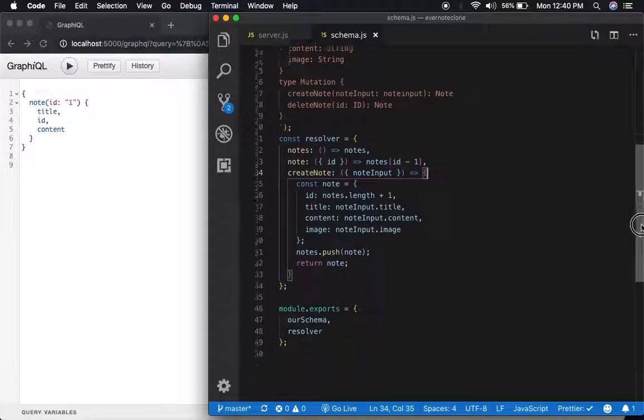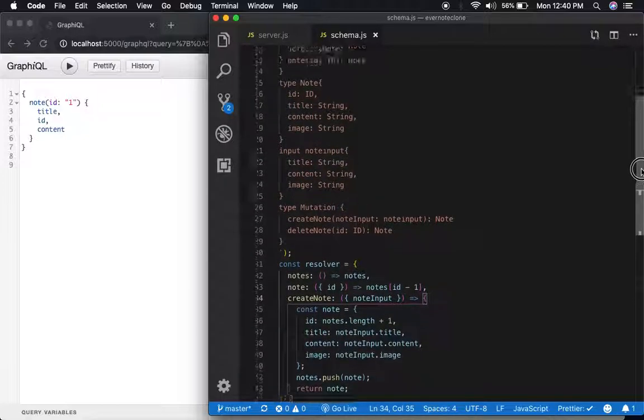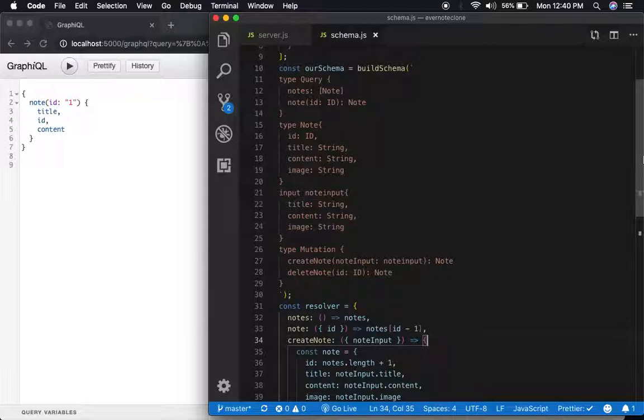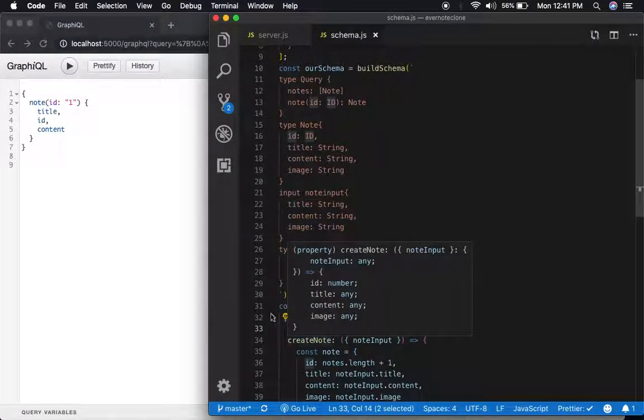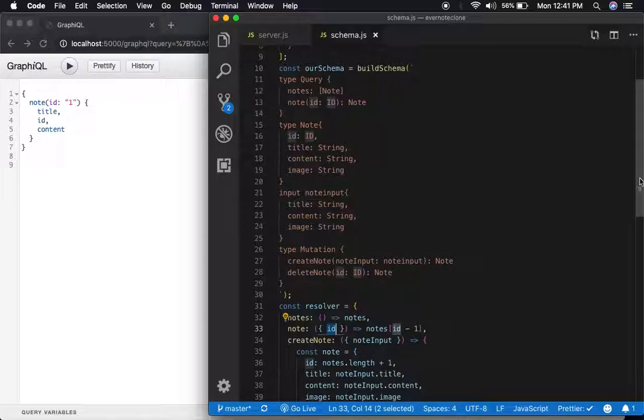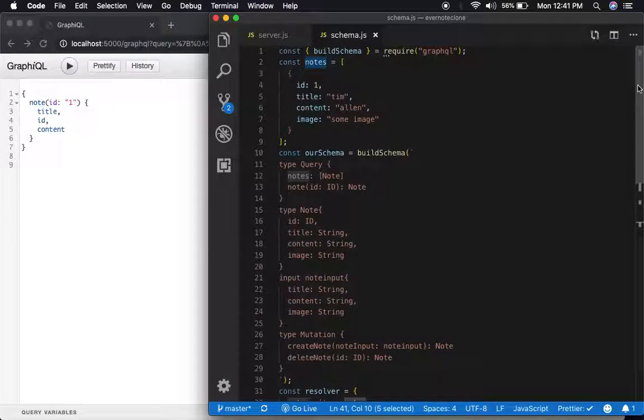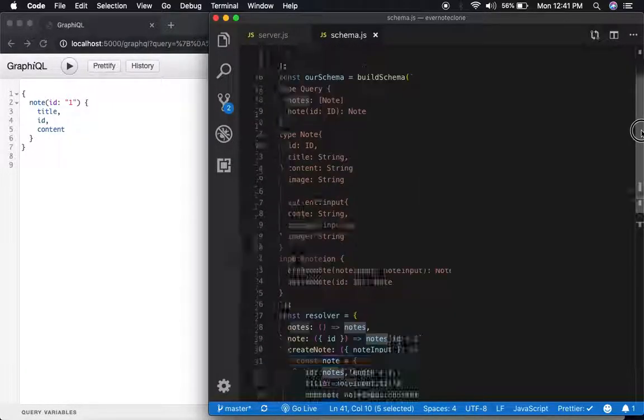Okay? So we basically got our schema for our notes down. It looks like all of our queries are working. We queried for all of the notes, which we got. We queried for a single note by the ID that we specified, which we got. We did the create note mutation, and that created us a note, and pushed that note that we created to the notes data that we stored up here, which was good. And then